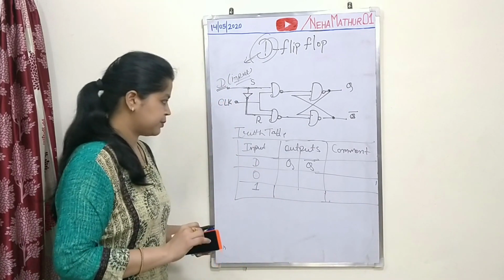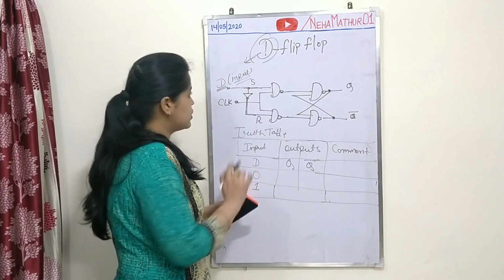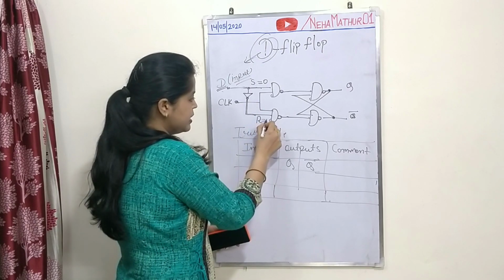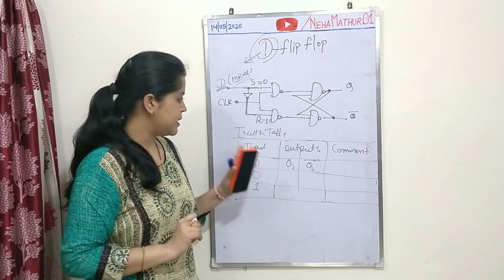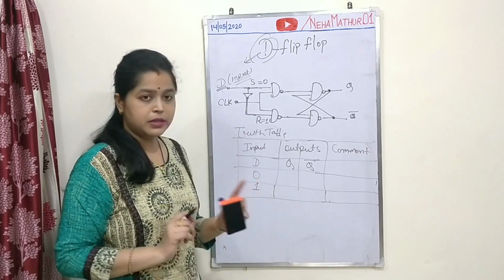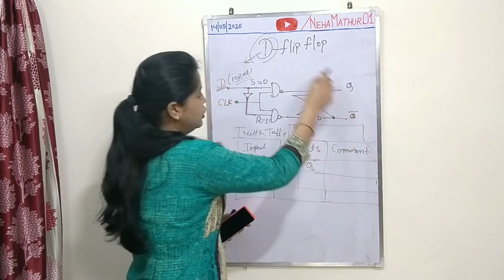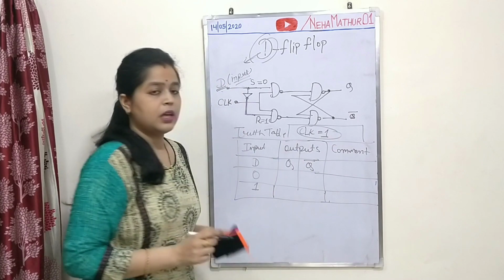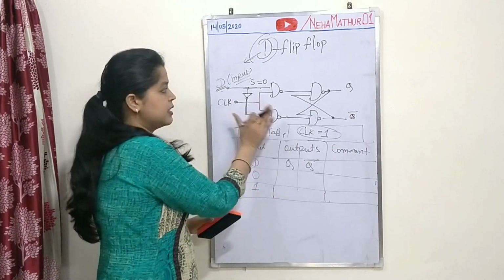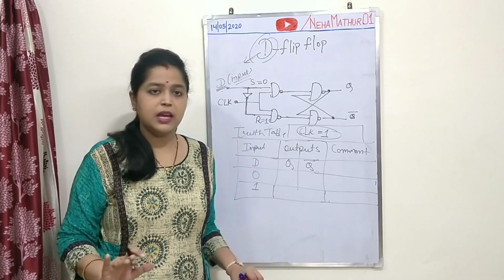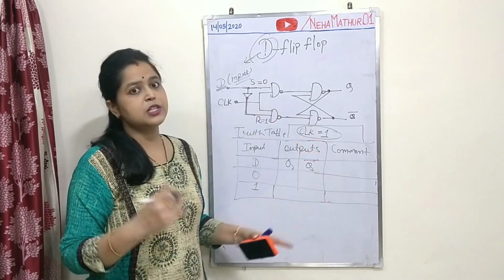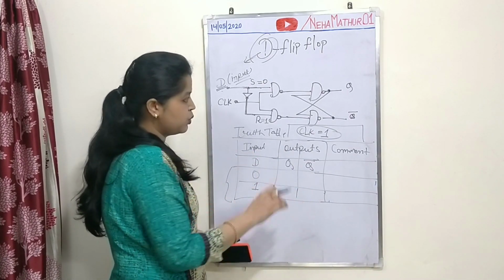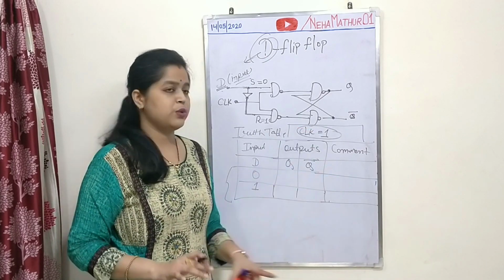Fine. Now see, when your D is equal to 0, that means your S is 0 while your R is 1. The one thing I will mention over here before starting the truth table description is that your flip-flop is only able to work when your clock is equal to 1. If your clock is equal to 0, the circuit will remain in its own state, or you can say that for clock equal to 0, it will hold its previous values. So the new values or the execution of these steps is only possible for clock equal to 1.